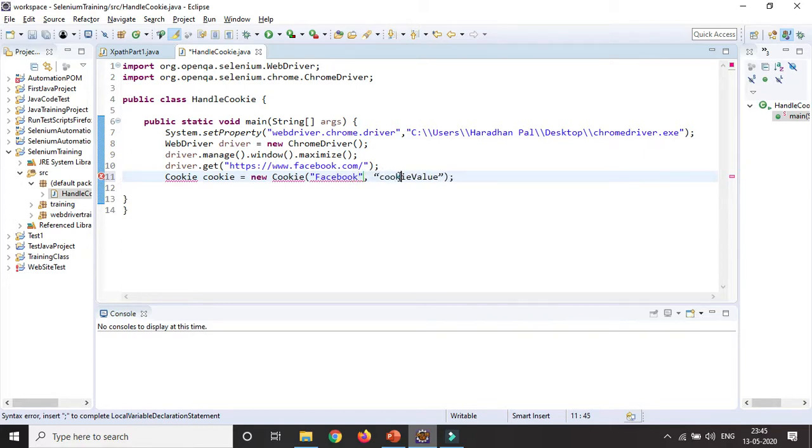After that I am giving the URL. Here the URL will not include the HTTPS part, only the domain part.